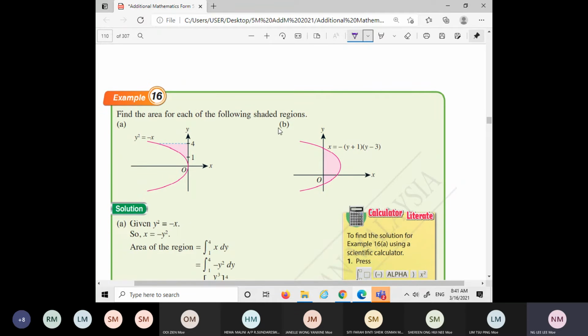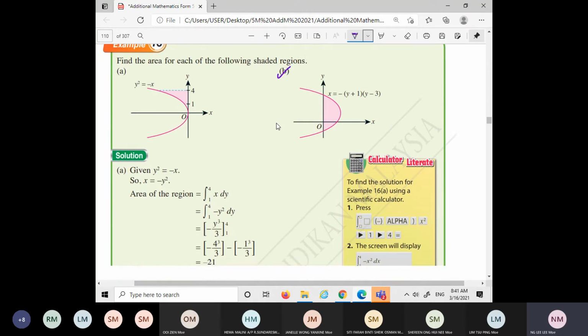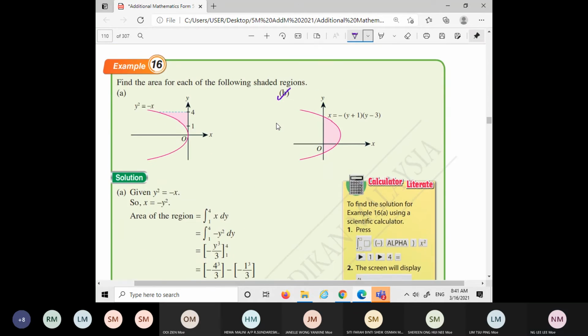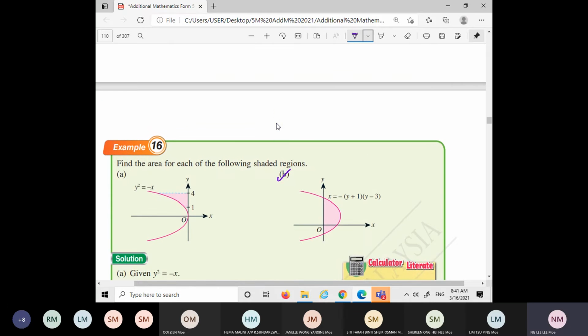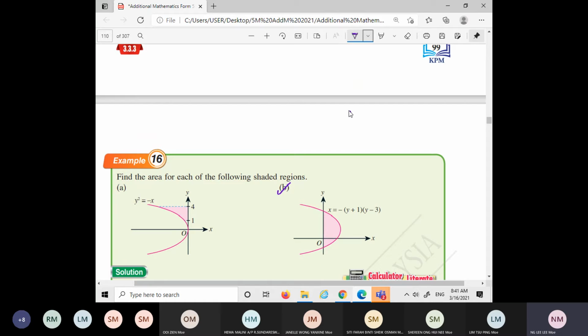Okay, we look at B. How do we use that formula just now to do the questions? Let's see. First of all, I don't know these, so I need to find these 2 points. This is the y-intercept, so I have to let x become 0. So I let x become 0, then this one will get negative y plus 1, y minus 3